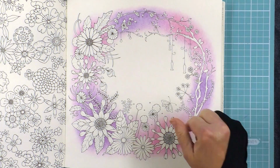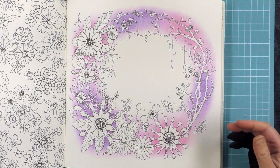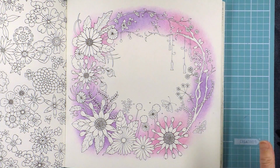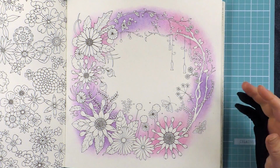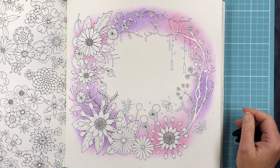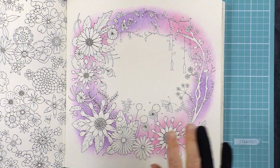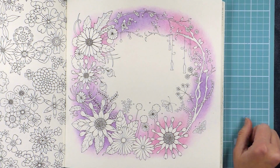That's basically the background done now. You may want to continue to tweak it and strengthen some of the colours, or maybe rub some back with an eraser if you feel they're too dark. That's okay, you'll probably touch it up a little bit towards the end too, just to bring the picture all together. But if you've got something that's sort of similar like this, you can call it done and move on